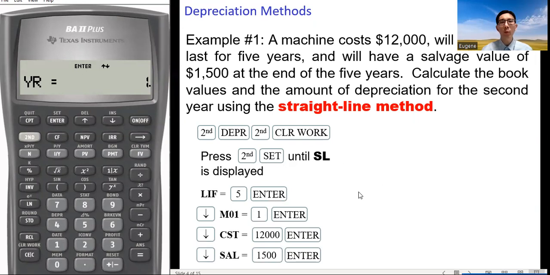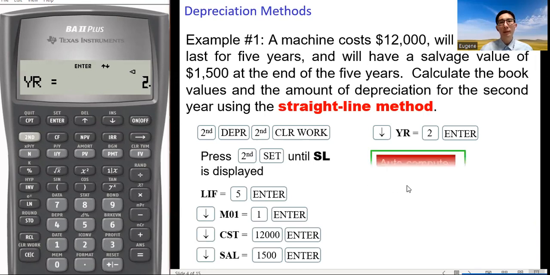And then the variable YR. We want to get the information for the second year. YR equals 2. Enter 2, press enter. This is done. The worksheet will auto-compute 3 quantities.